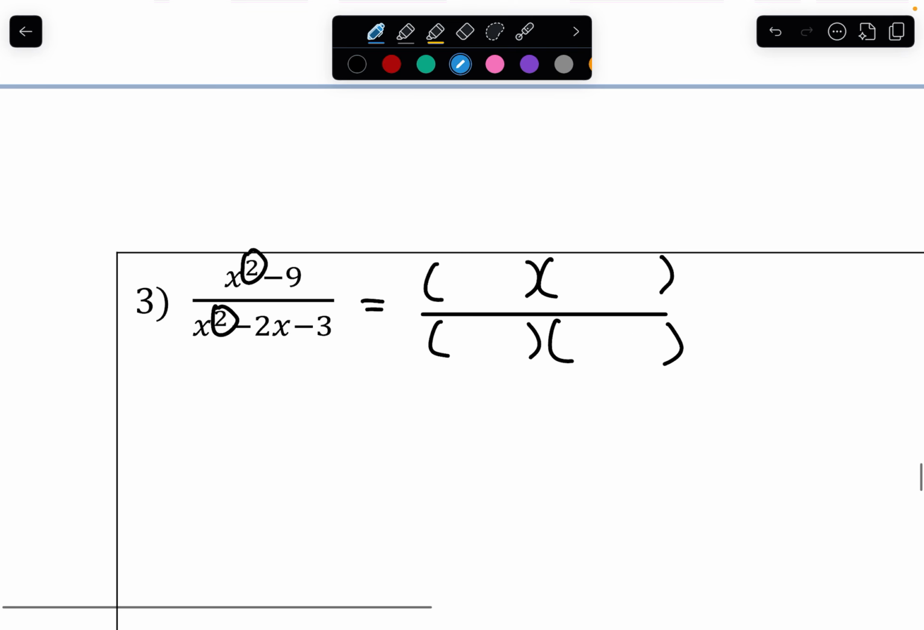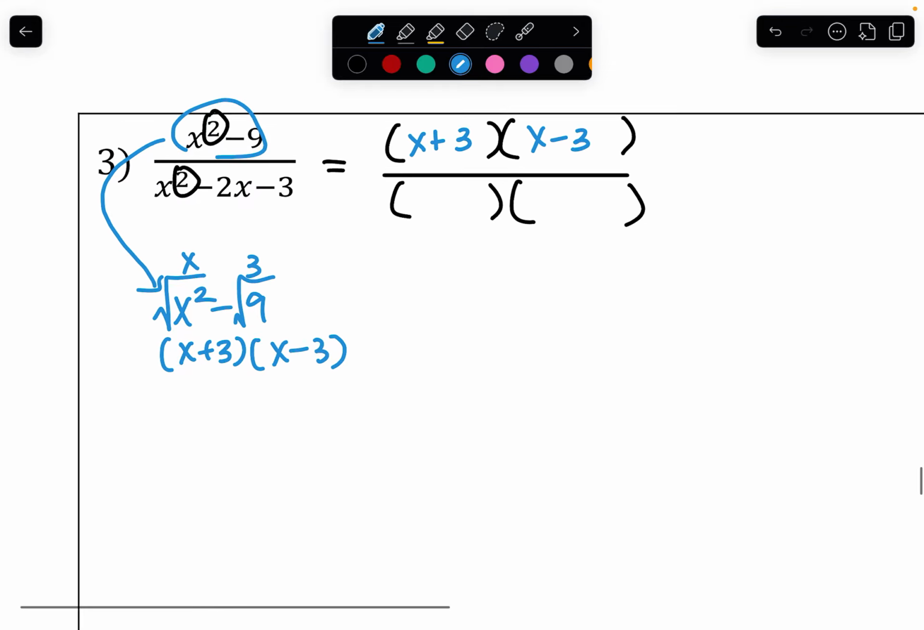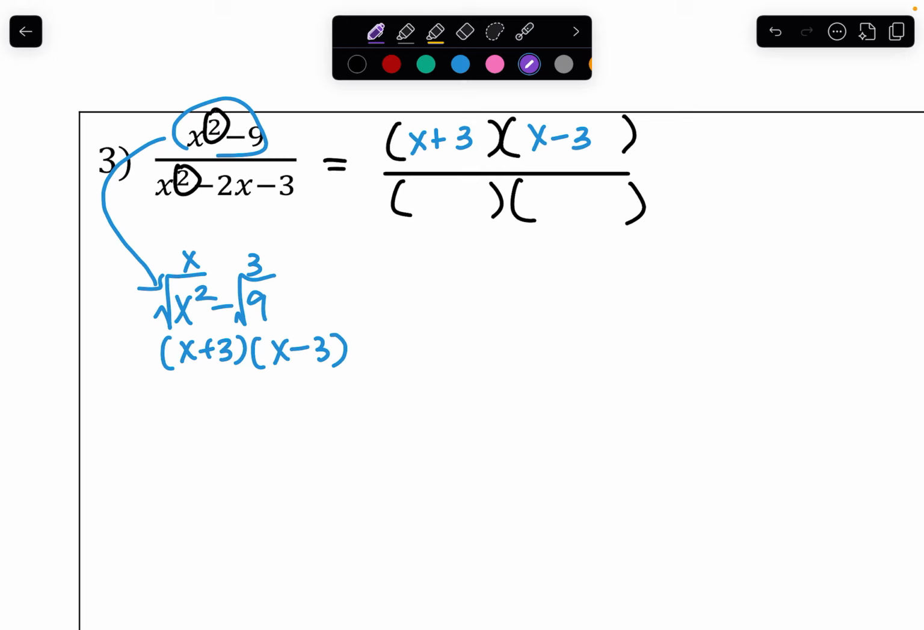So looking at the numerator, x squared minus 9, that's a difference of squares that factors to x plus 3, x minus 3. Square root the first, you get x. Square root the last, you get 3. And then we have no middle term, so we have the plus and the minus. Okay, for the denominator,